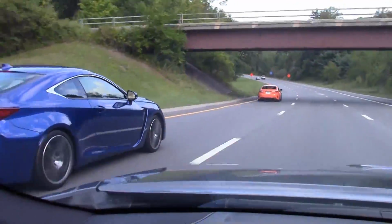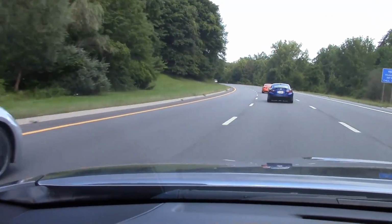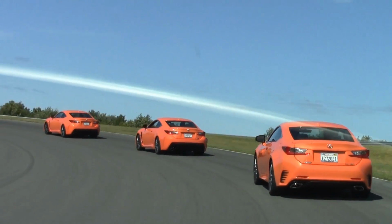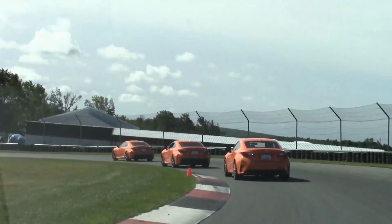It's a nice color spectrum range here. We've got a kind of a gunmetal gray, and here comes a silver. Quicksilver. The RC, Lexus is bringing you a memorable vehicle that's fun to drive regardless of your own skill level. That means you can push it as hard as you want and the RC will respond. When it comes to the F Sport, well, that's offering track levels of performance and grip, and basically as hard as you push it, it will definitely be able to exceed your own limits. It's very impressive,